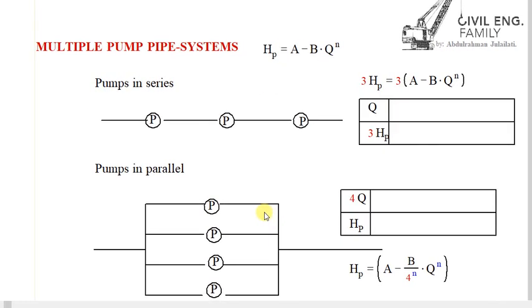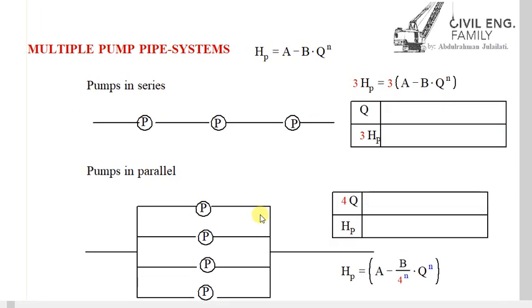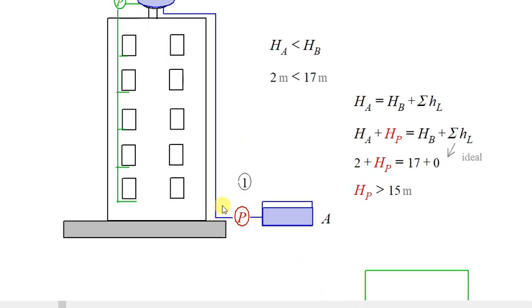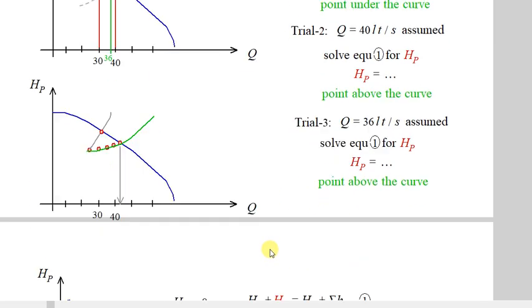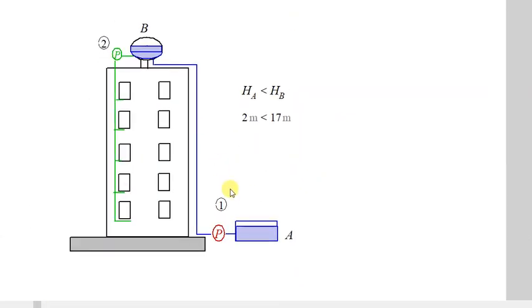Now coming to another important thing in pumps, which is that pumps can be connected in series and can be connected in parallel. So what does it mean and how does it affect things? We say if you need to increase the head of the pump, if you need to increase HP, you should put pumps connected in series. For example, go back to our sketch, this one. For example, after I have put the system, after I have bought the pump